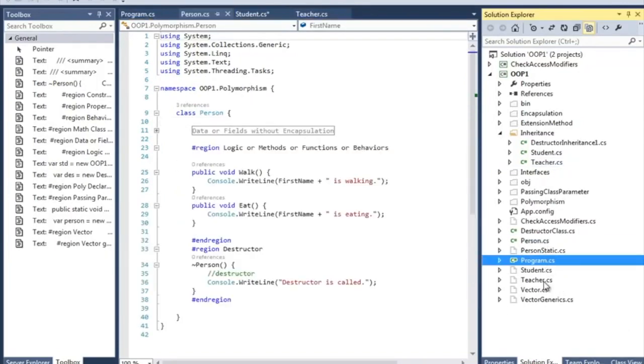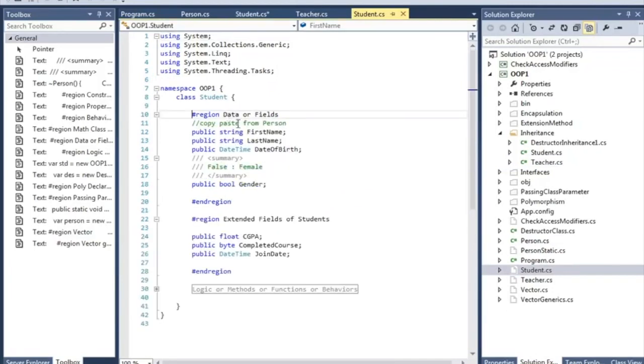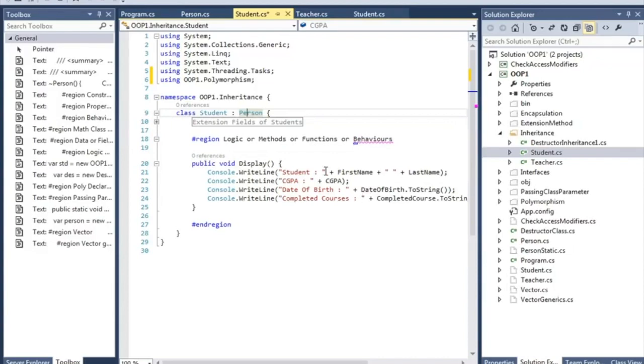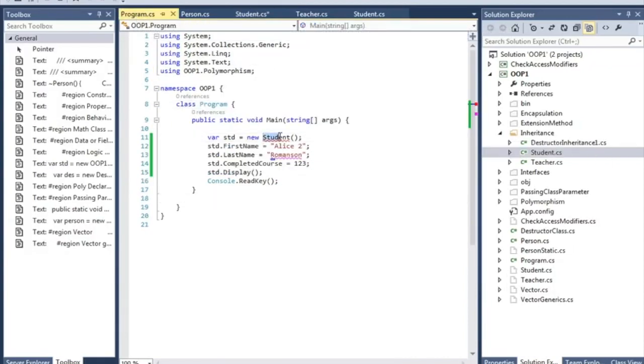In the previous example, as you've seen, I copied these properties, but here I haven't copied those fields. I've just applied the extended field, and it will work just fine as before. So let's see some of those in action.